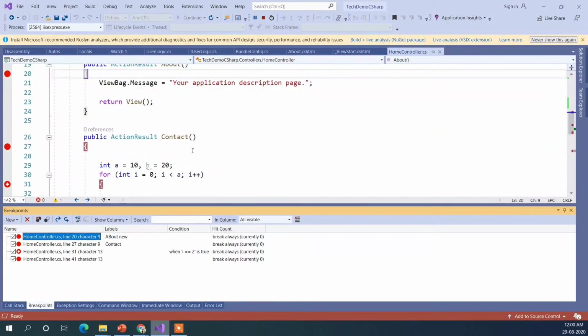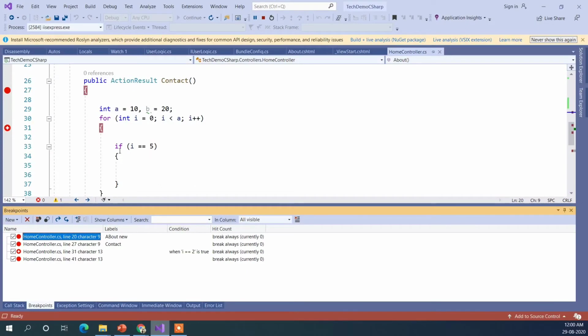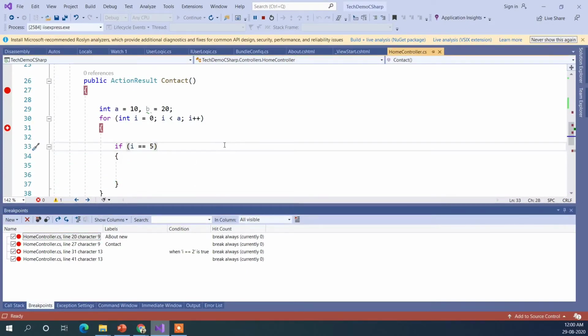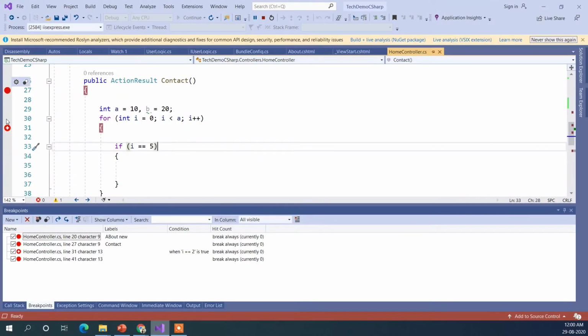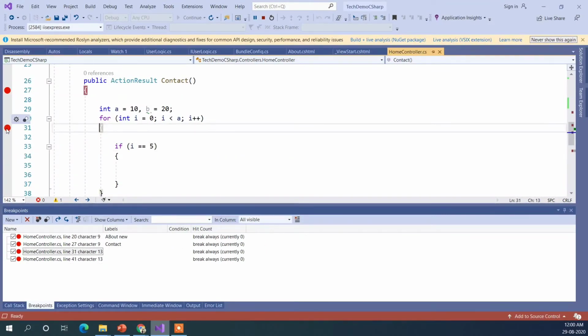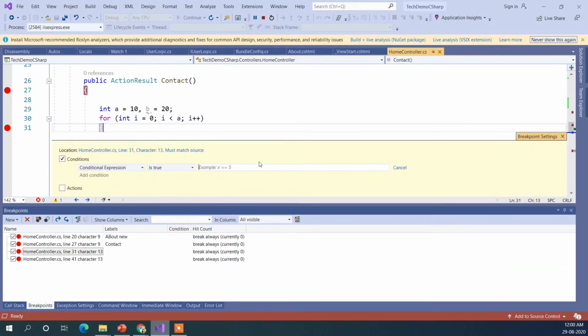So many times it happens that something is inside a loop and we end up adding this kind of conditions inside it. So one way we can do it is we can click on the breakpoint, like I can add it and click conditions on it. So inside condition I can just use i equal to maybe 2. So when that condition is satisfied, it will hit that breakpoint, and before that it will not. So let's just see that in action.